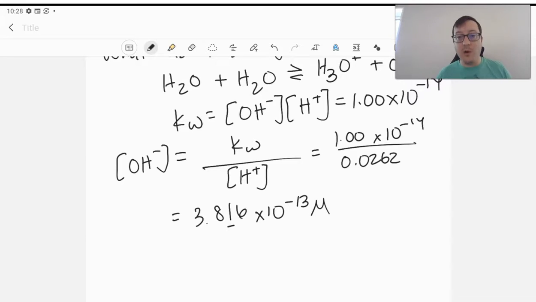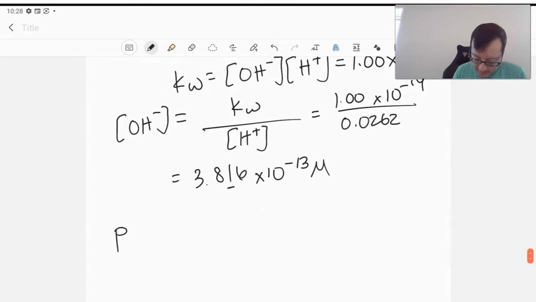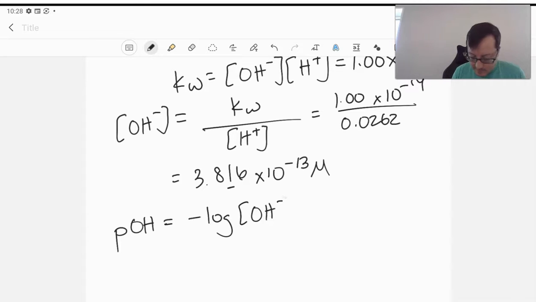So very, very small OH concentration. And guess what? We have a new term we can use. We can also find the pOH of the solution, which is simply the negative log of the OH instead. So same thing as pH, except now we're focused on OH minus. So we don't call this pH, it's now pOH, power of hydroxide. So negative log of